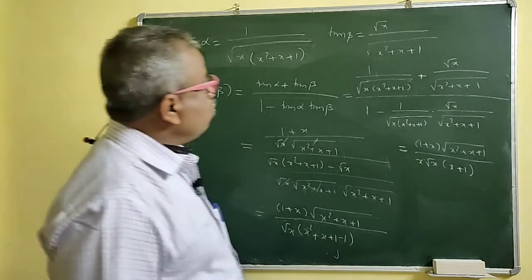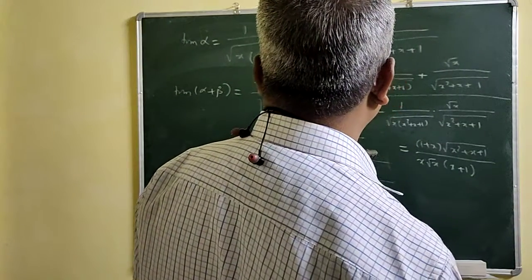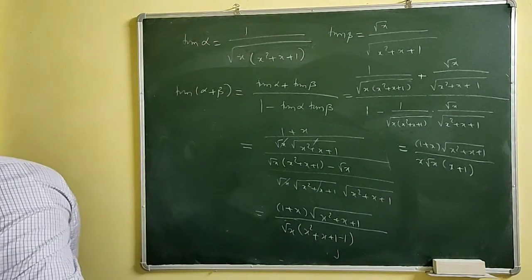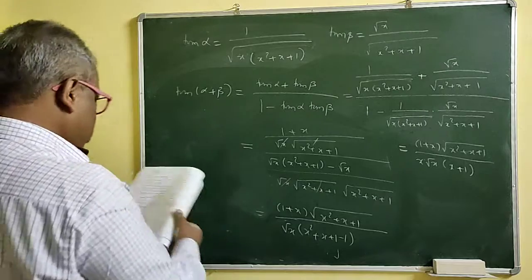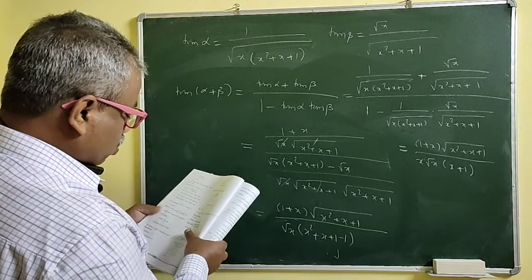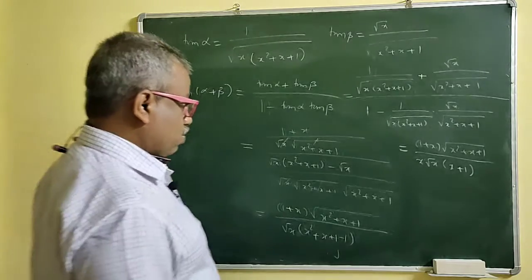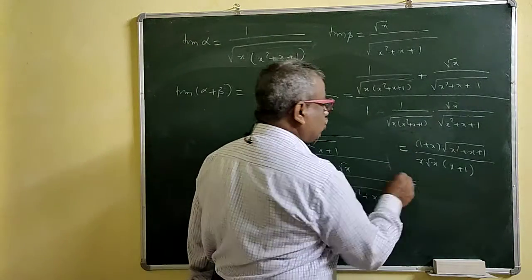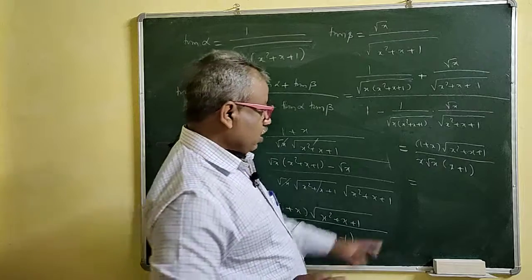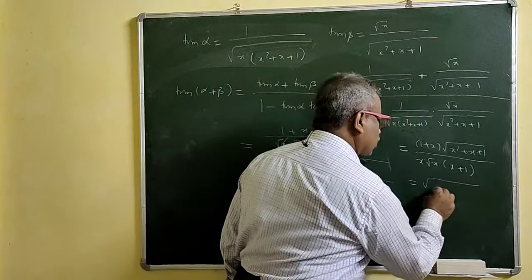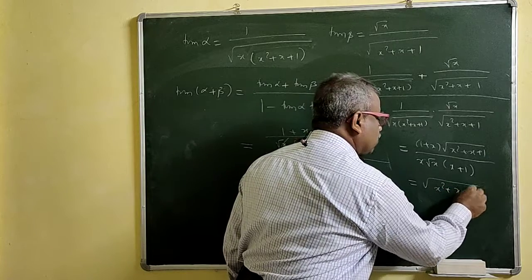Right? So what do you want? Actually, what is tan gamma? What you have to prove is that this is tan gamma, that is, root of x to the power minus 3. Okay? No problem here. So what will we write here? Okay, now this gets cancelled. So this is root of x square plus x plus 1.